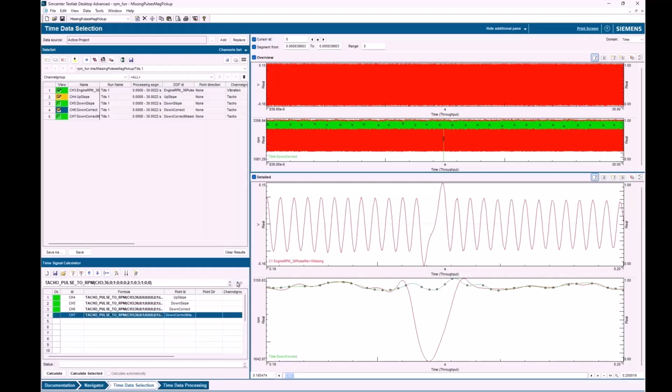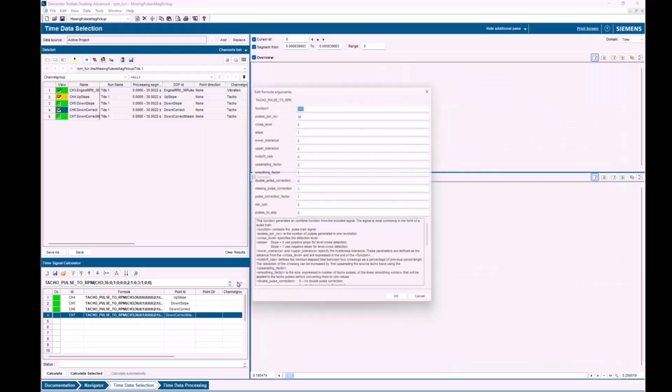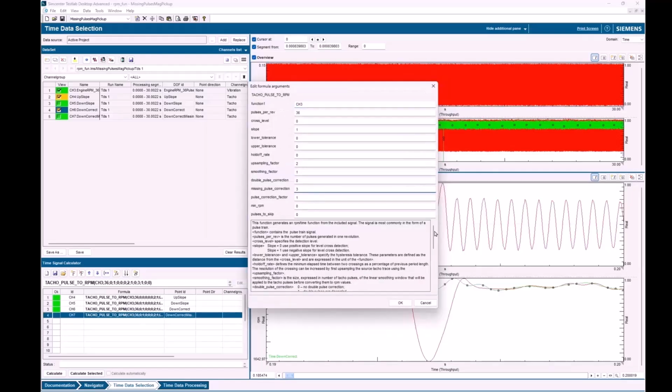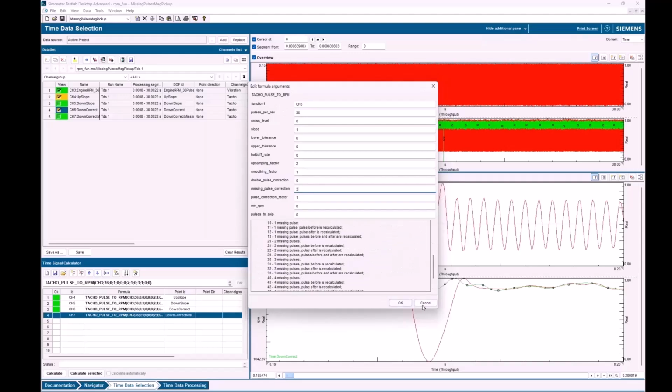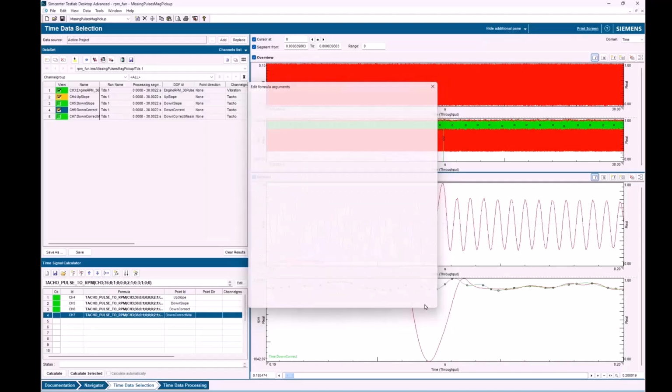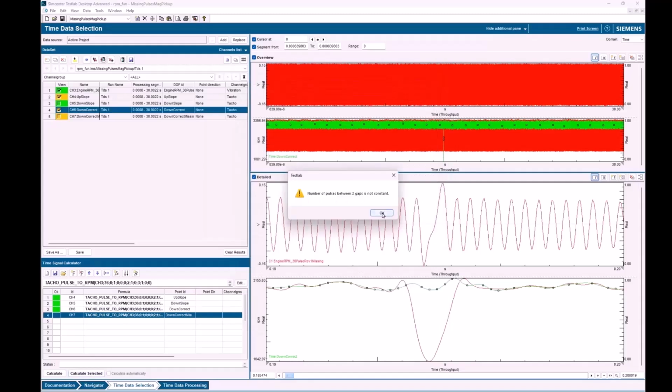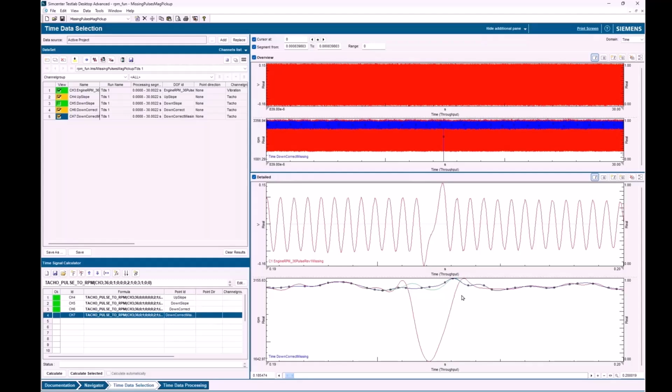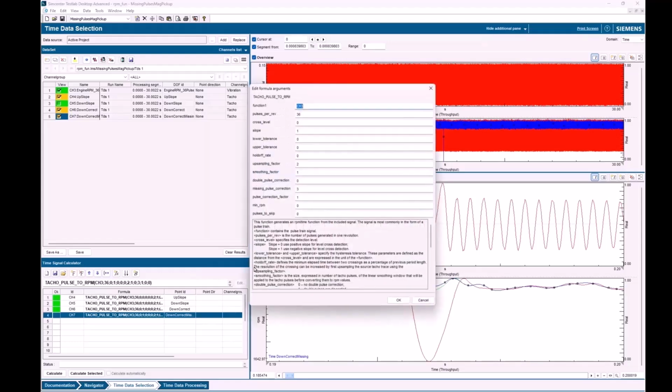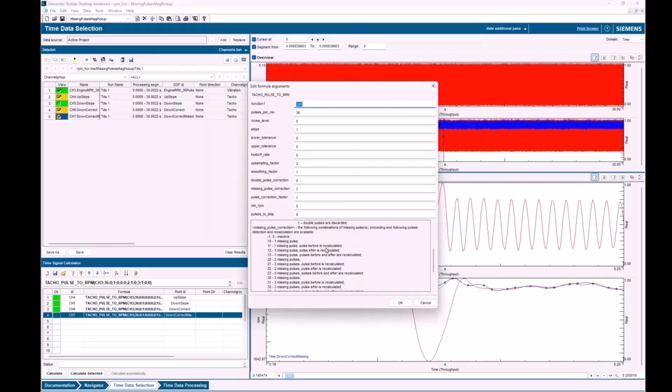We typically would do something a little more sophisticated with our missing pulse correction, where we recalculate the before and after. And that would look something more like this. It can fill it in a little bit better. So a lot of times you have to fool around with different schemes depending on whether you have distortion here due to mag pickup. So we have corrections in the software. That's what all these different correction schemes are. They will even look at the pulses before and after in case they've been affected by the missing tooth.